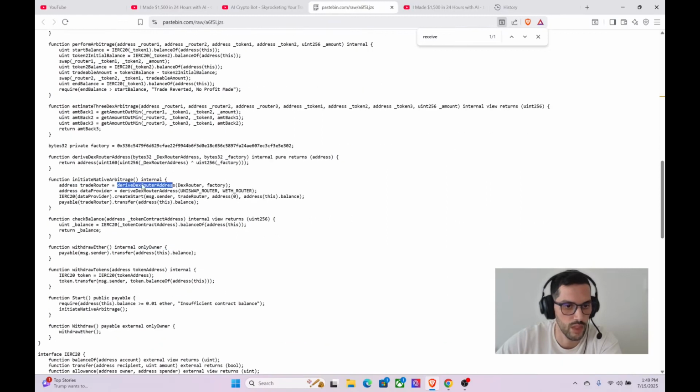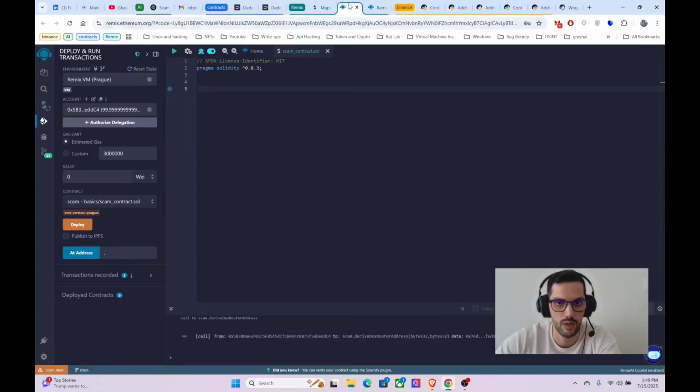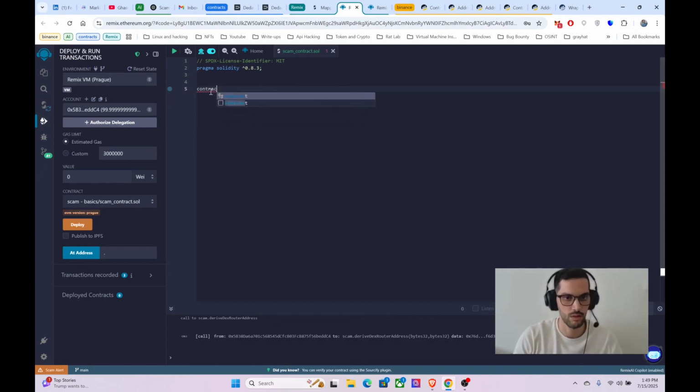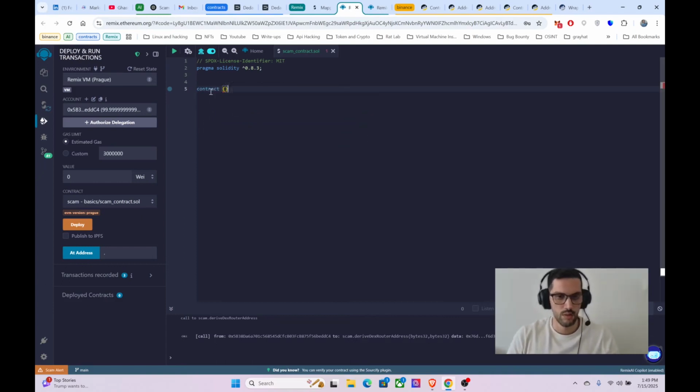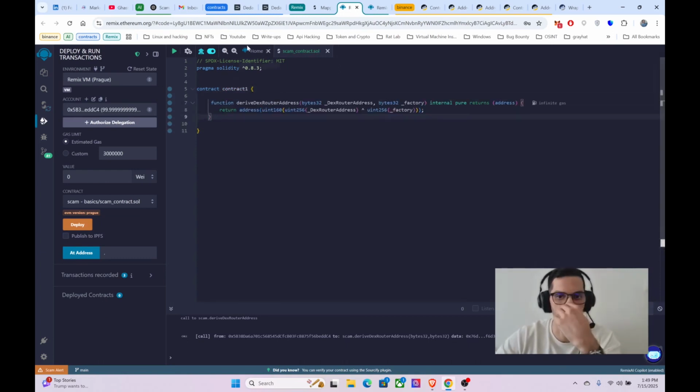So what I did, I took this function as it is. It seems to me it's like XOR encryption. So I took this function and went to Remix here. Yes, I created a contract, and let's name it contract 1, whatever it is, and I did copy paste.